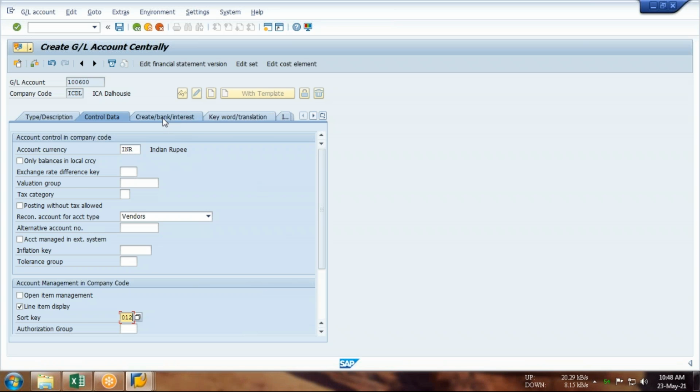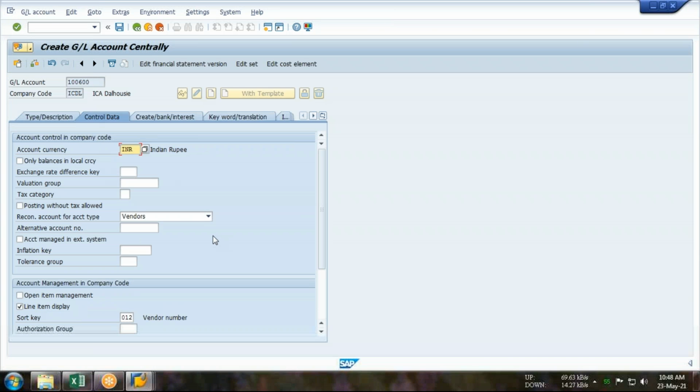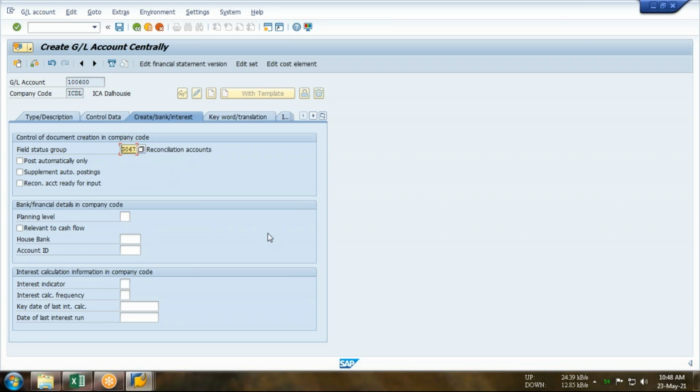Number 2, in the next page, create bank interest page, the field status variant will be G067. Whenever you create any reconciliation account, your field status should be G067. So remember this combination: in case of vendor GL configuration, my short key will be 012 and my field status variant should be G067.